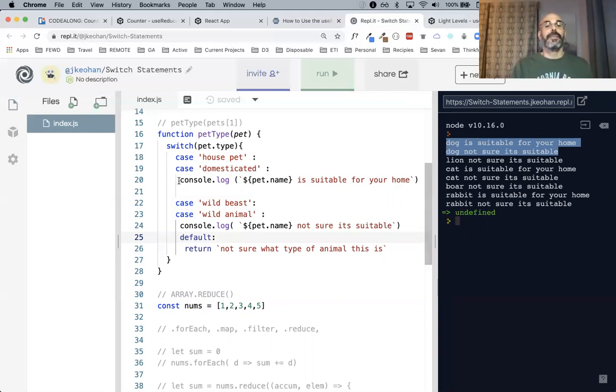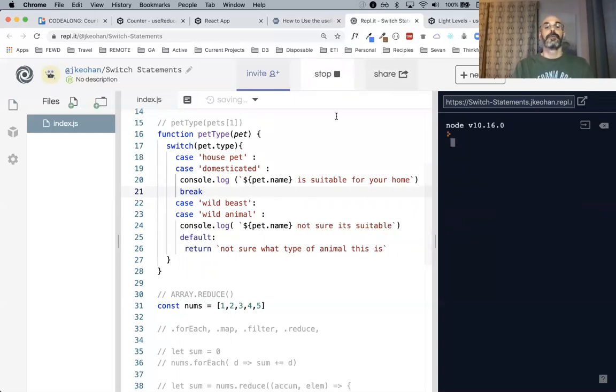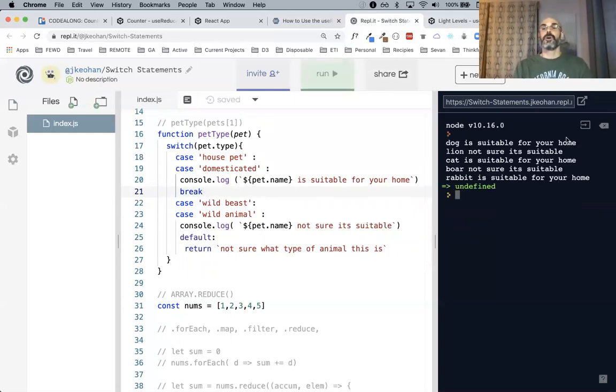That's because this case is matched and it runs this and then it keeps going down to see if it matches this or this, and then it'll run because it did match one of these conditions. Just so happens this is running also. Without this break here or a return statement, now it runs, right? Dog is suitable, then lion. We only see dog run once because this runs and then we break out of the condition. Without a break or a return,